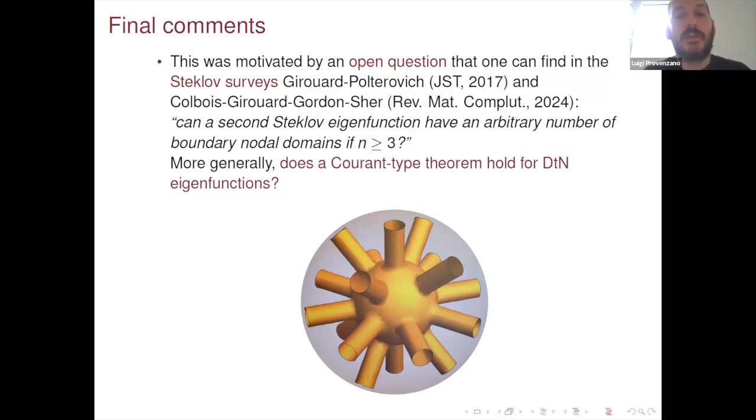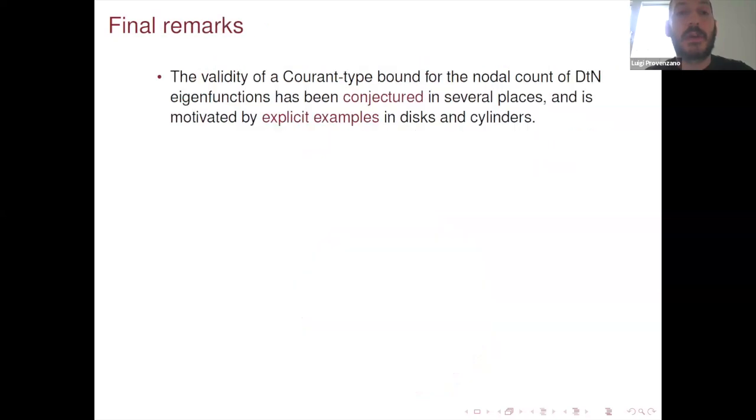Let me rephrase again. Look at this picture. You have a ball and you have this hypersurface, which separates the interior of the ball into two connected components, but separates the boundary in many components. So the point is, is there a metric on this ball for which this is exactly the nodal set of a second Steklov eigenfunction? So these are equivalent ways of stating the same question.